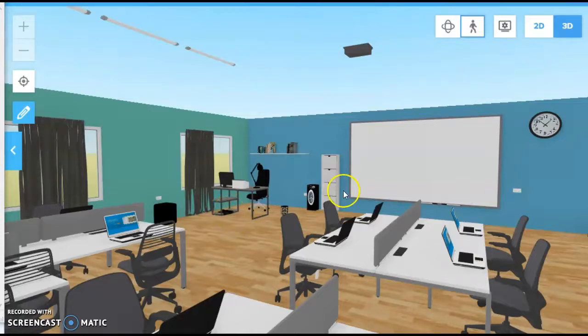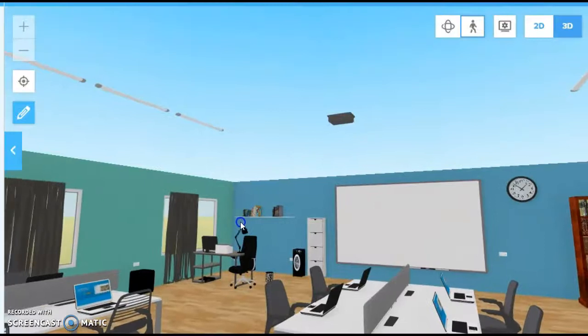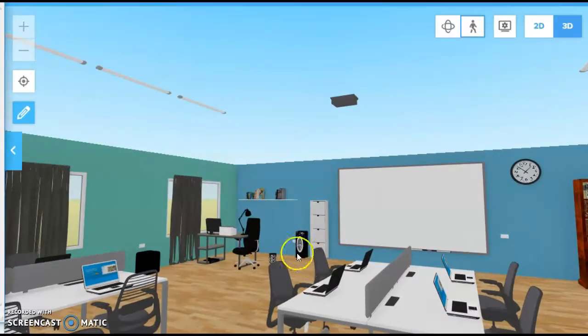This is a backup. If we have an emergency and the smartboard is not going to work, we can use the wall and we can project our class. And also here, we can move the chair to any place that we want. We are going to take here, and also here, if you can see, we have